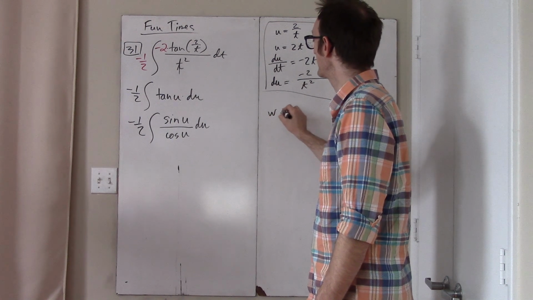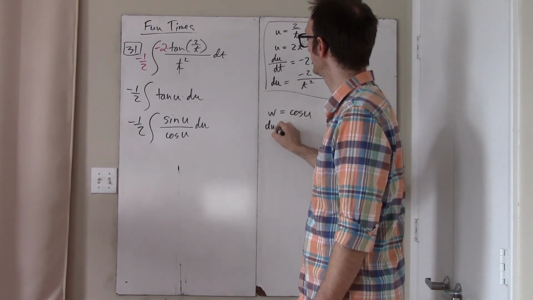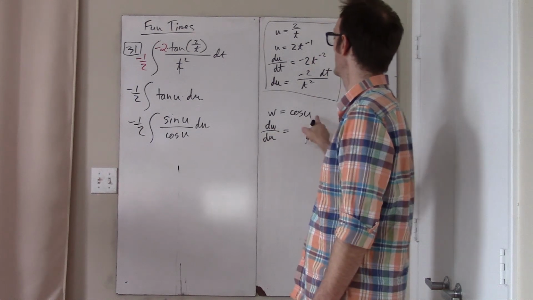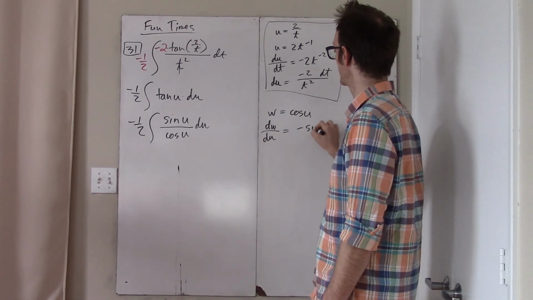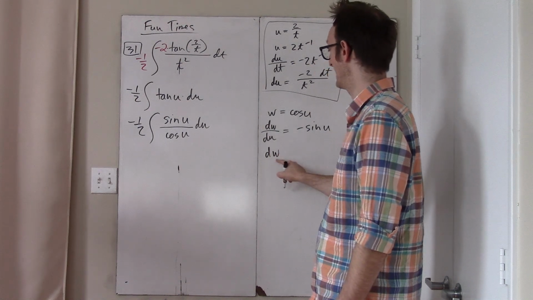So I want to let w be cosine u, and therefore dw du is, well, the derivative of cosine is negative sine u, and that way dw